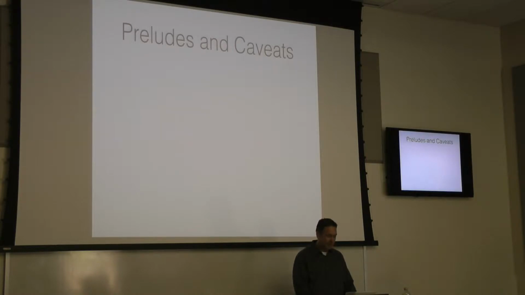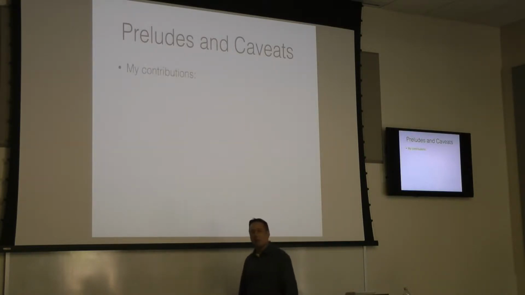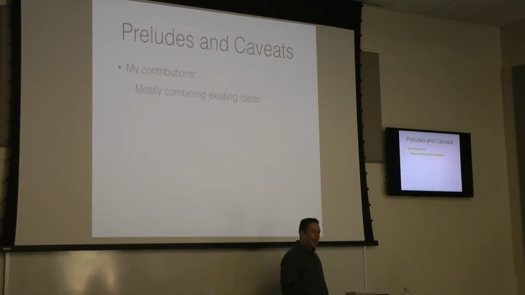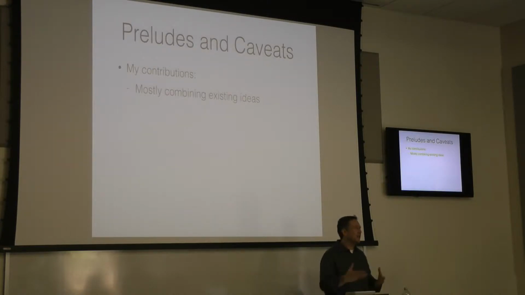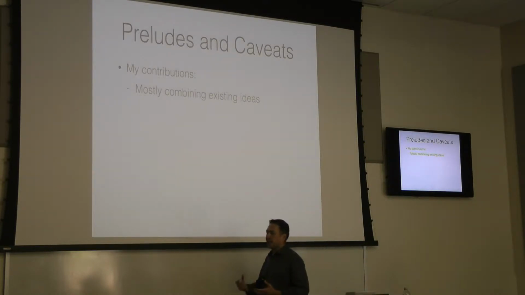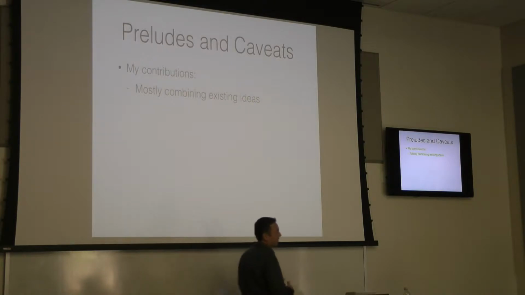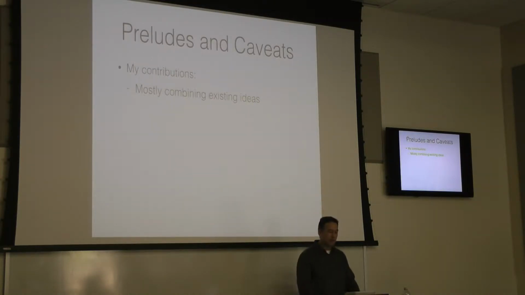All right, so some preludes and caveats. First of all, in any academic paper or presentation, what is my intellectual contribution? What's new here? Primarily, I'm going to be synthesizing existing research. So it's mainly packaging a lot of stuff that a lot of other people have already done into a coherent argument. I think there's some great ideas out there, some great stuff happening, but I think there could be greater numbers. And through greater numbers, I think we could have greater acceleration, in particular towards a cure for cancer or various treatments of various kinds of cancer. So I'm primarily packaging existing work in a new way, framing it with an explicit argument.